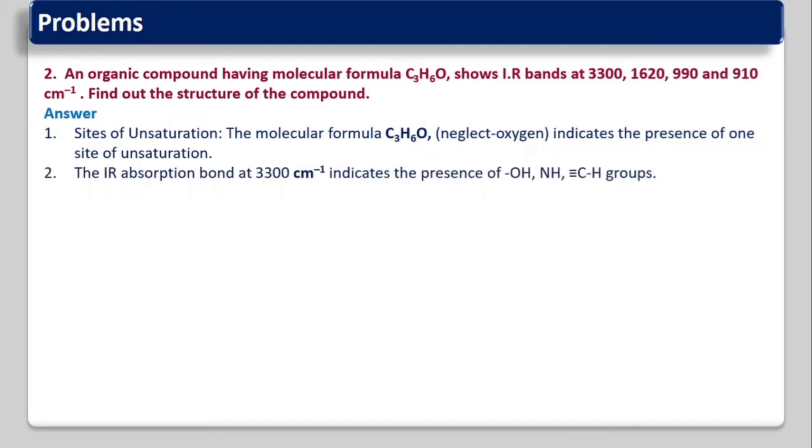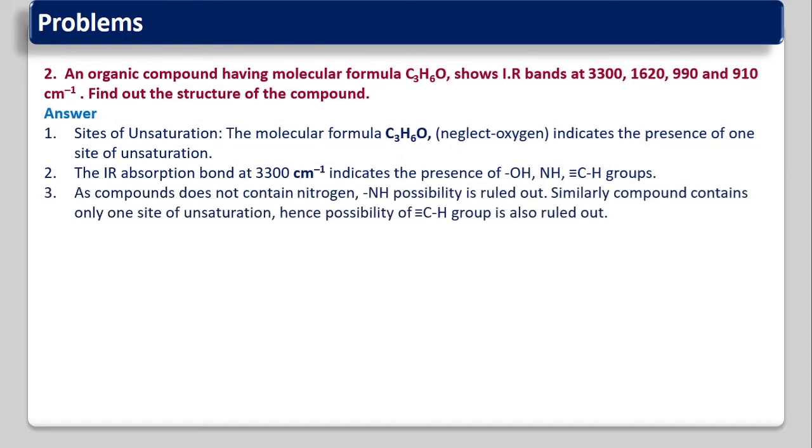The IR absorption band at 3300 cm⁻¹ indicates the presence of NH, OH, or triple-bonded CH. As the compound does not contain nitrogen, the NH possibility is ruled out. The molecular formula doesn't contain nitrogen, so NH is not there. Similarly, the compound contains only one site of unsaturation, so the possibility of triple-bonded carbon-hydrogen is also ruled out,